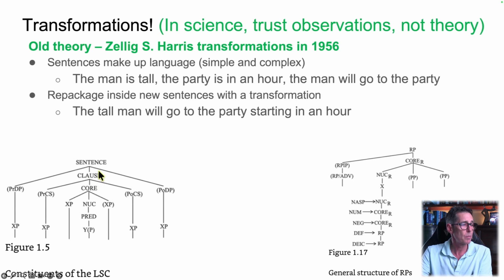And in role and reference grammar, we have two of the major building blocks being the layered structure of the clause. And here we've got the sentence that is at the very top of that. And reference phrases, which are where nominals or nouns are the basic building blocks. So most of the repackaging of a simple sentence takes advantage of the RP, and by combining then an RP inside an LSE, we're able to understand the whole sentence, which can be conveying an awful lot of information really quickly.